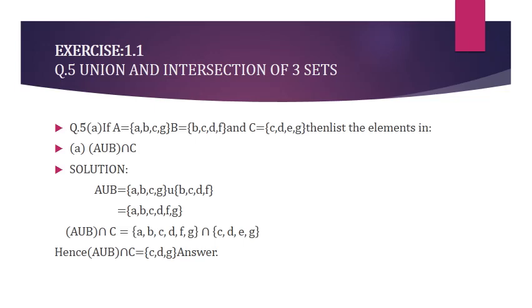Now see the third step and the second last step. Here I have written on the left hand side (A union B) intersection C. Now we can find the two operations combined. We have got A union B as A, B, C, D, F, G. Now we shall find the common of set C with A union B. The common of the two sets in the second last step is C, D, G. Now our final answer of (A union B) intersection C is C, D, G.